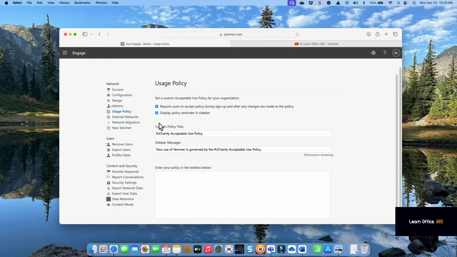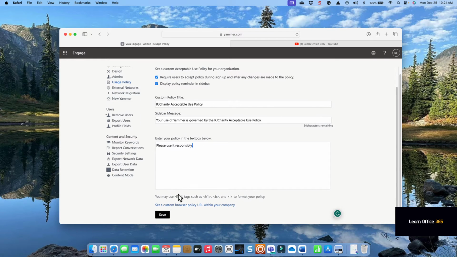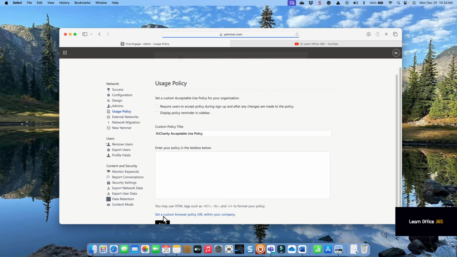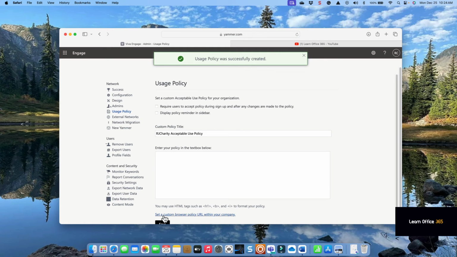And then enter your message. I'm sure HR or info security would provide some sort of message and then reference to a link on your intranet for the usage policy, keeping people in line, behaving responsibly. Click Save. Now let's backspace a few times on the browser